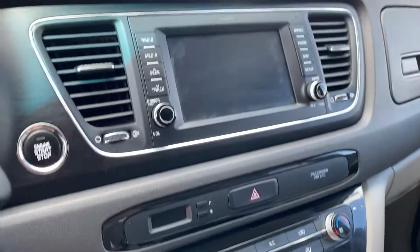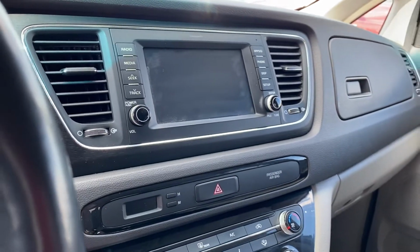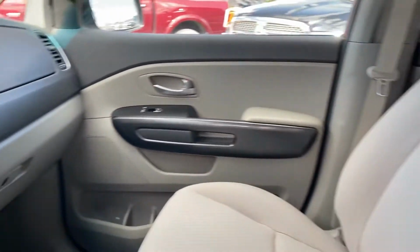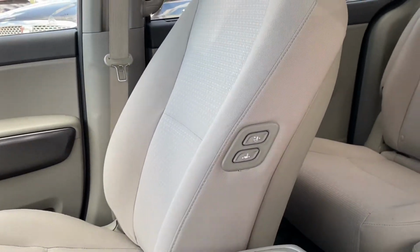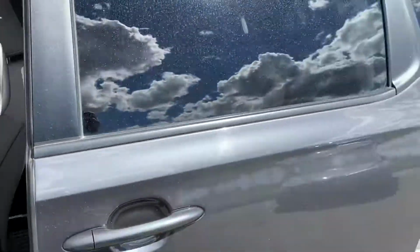And then coming up here, we do have push button start and a 7-inch in cluster display, and that does have Android Auto. Dual storage on the top, power reclined seats, you have power sliding doors,